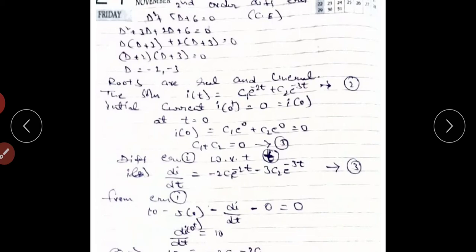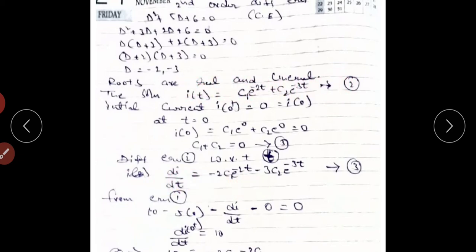In that case one initial condition is sufficient to find the total response. Here two constants are there. So first, by using the initial current value, we find one equation. Next, by using this type of process, we can find the second constant value. So in order to find the two constant values, differentiate the response equation with respect to